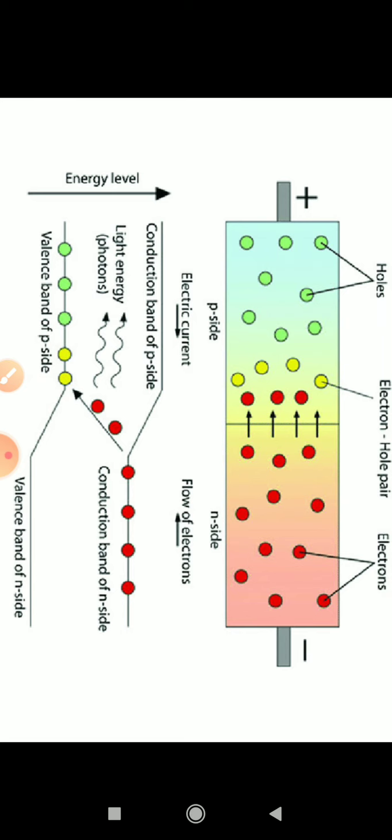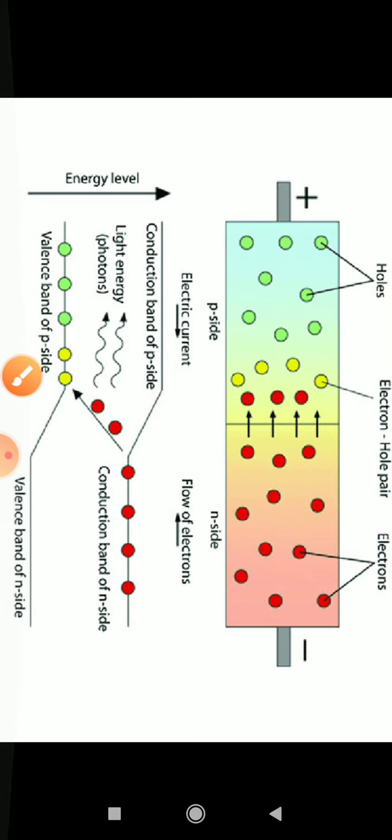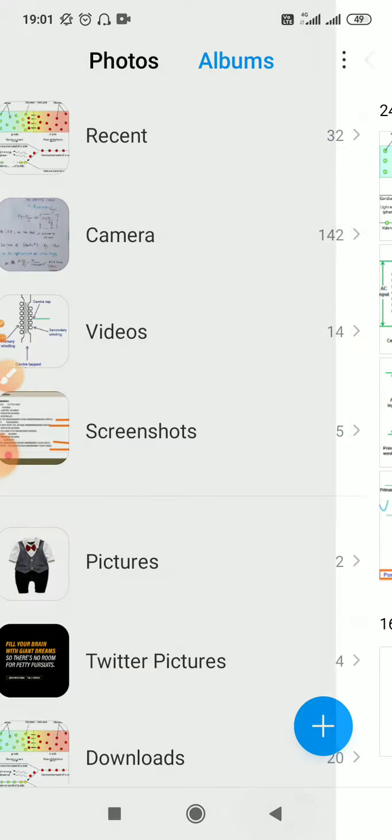And in other diodes, this energy can be typically heat energy, which is emitted in the form of infrared radiation. A slight heat is produced. But in light emitting diode, it is clearly light energy. Here we see that the energy gap between these two is such that the released photon energy will be in the visible spectrum. This can be understood using quantum theory. Now let us go to the theory part of this.